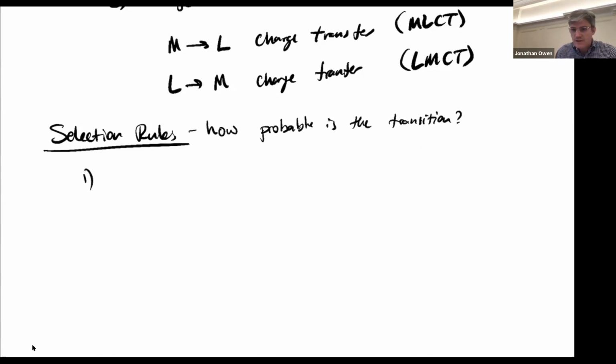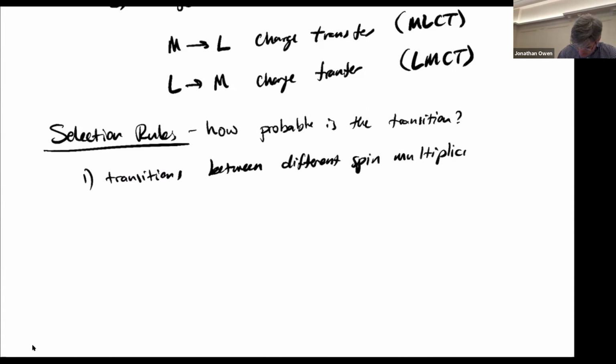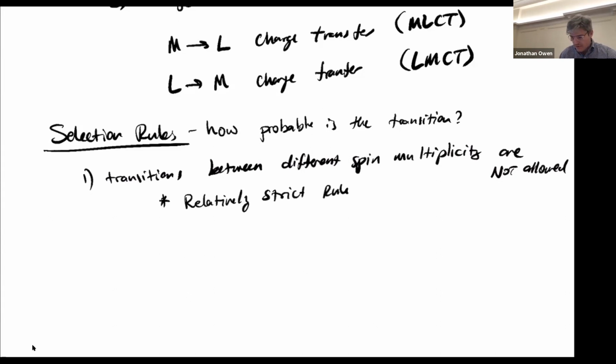So, an important consideration in a D to D transition: transitions between different spin multiplicities are not allowed. This is a relatively strict rule, but